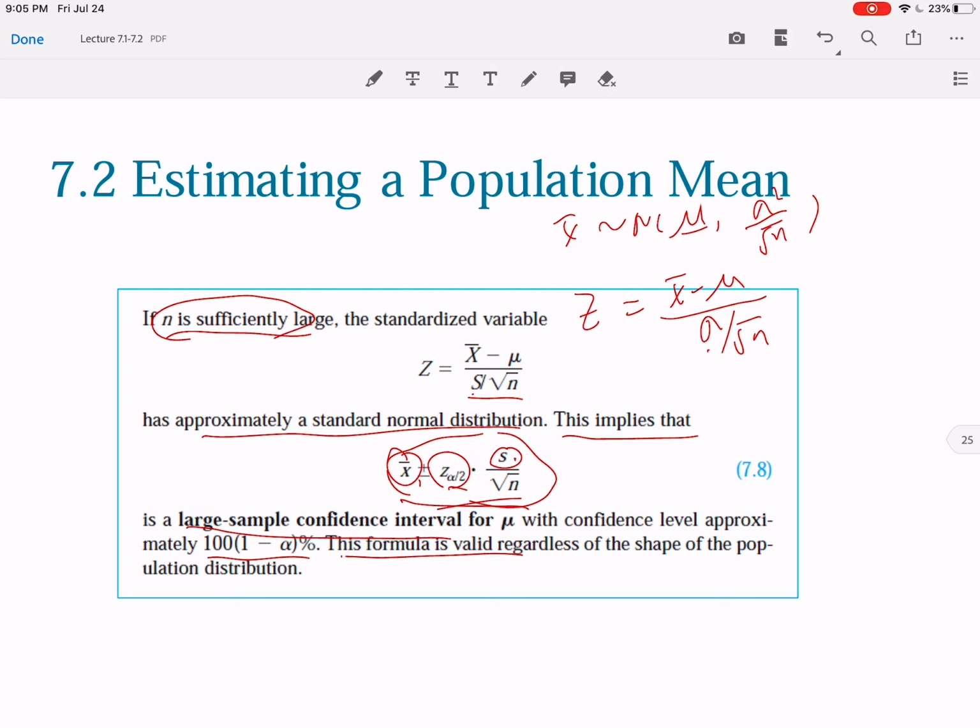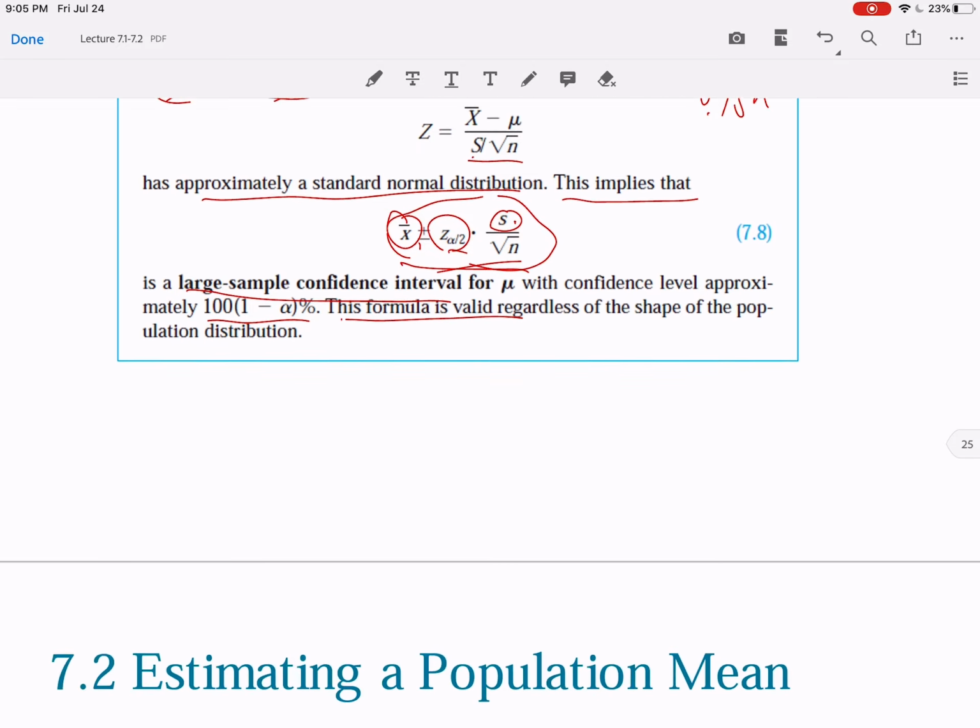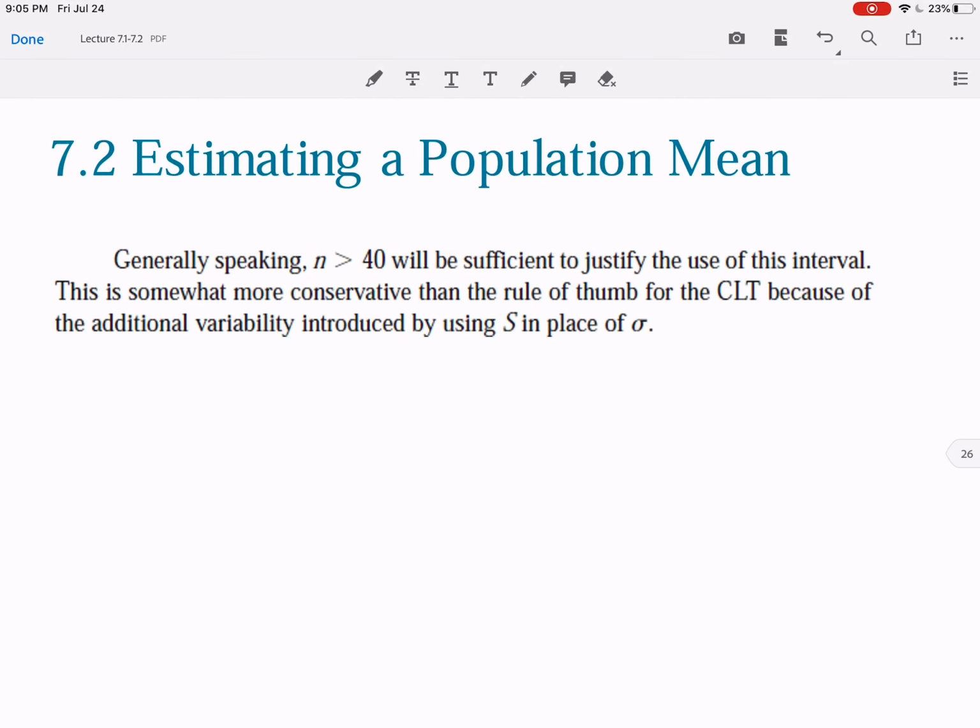But what does it mean by saying n is sufficiently large? Generally speaking, n greater than 40 will be sufficient to justify the use of this interval. This is somewhat more conservative than the rule of thumb for the central limit theorem, because of the additional variability introduced by using s in place of sigma. So what does it mean? If you want to construct a confidence interval for mu,